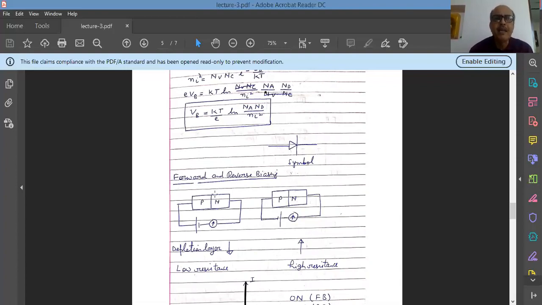So you can see that this battery is opposite to the barrier voltage. So initial voltage will be utilized to take care of the barrier voltage. If you increase the forward bias voltage, the depletion layer will come down and the value of the current will increase as you increase the forward bias voltage. That is why in forward biasing, the resistance offered by a PN junction for the current to pass through is low.